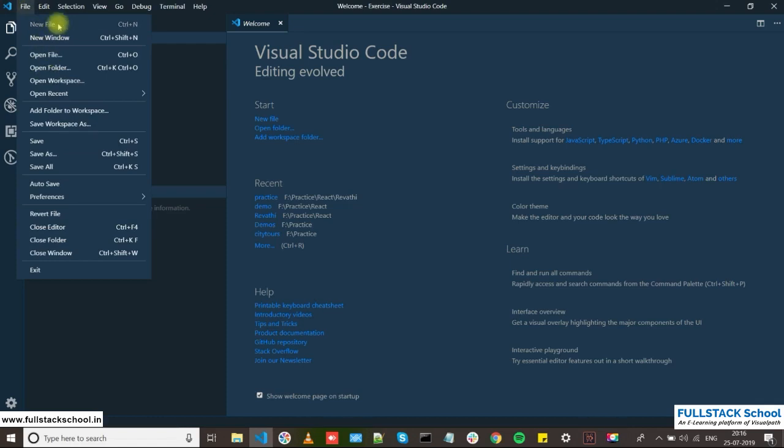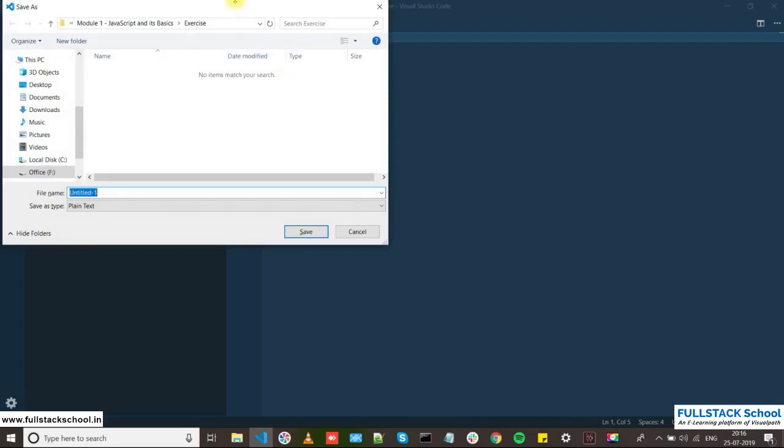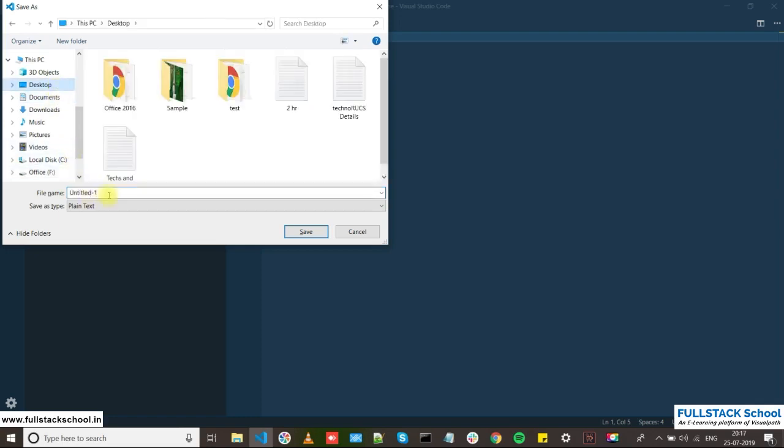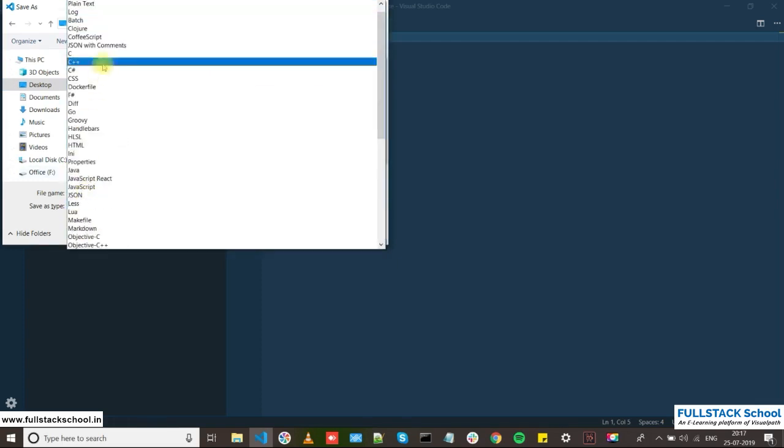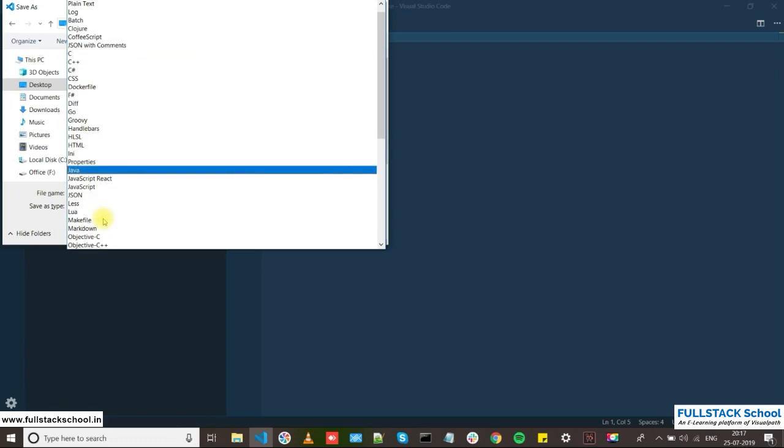As a start, go here, take a new file and type something, just to show you guys how this is going to work. For example, you can save it as test, and if you press Ctrl S, it will ask you where to store this. Maybe take it on your desktop and save it as test.js, and save this file as a JavaScript file.